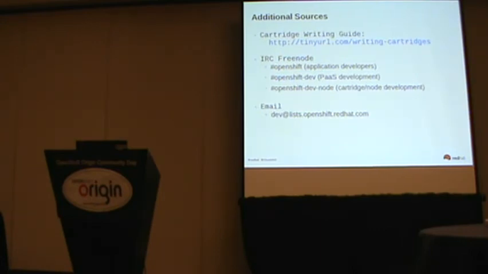It covers all of the gamut of writing the cartridges, all the alternative control options. It covers the hooks, and it covers the markers that we have and how they're deployed. It also has a much more extensive list of the environment variables. On Freenode,